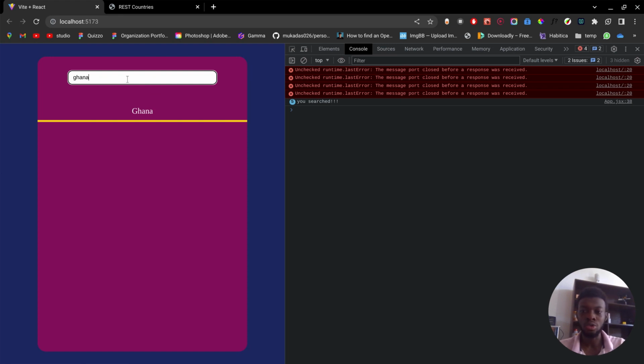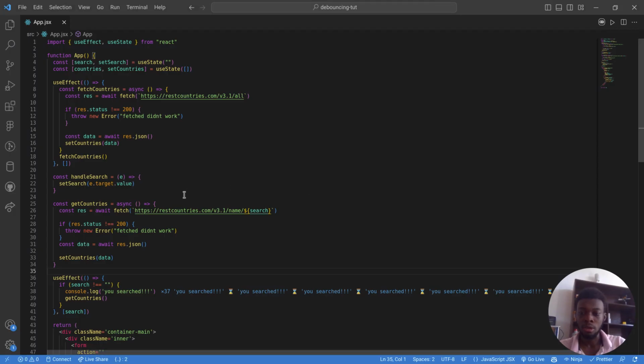So debouncing seeks to address this by delaying the fetch to the API until the event idles for some time. So let's say I stop typing for some time, then it fetches the data. So let's basically implement it in our application. To do that, we have to use a set timeout function. So we can have here,